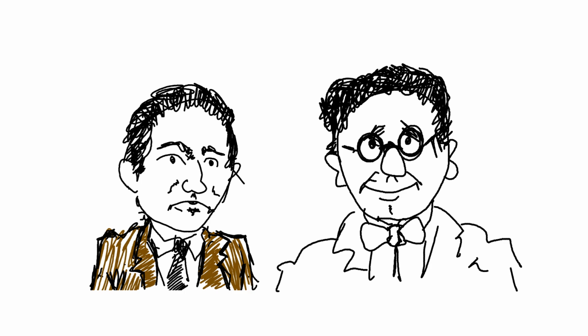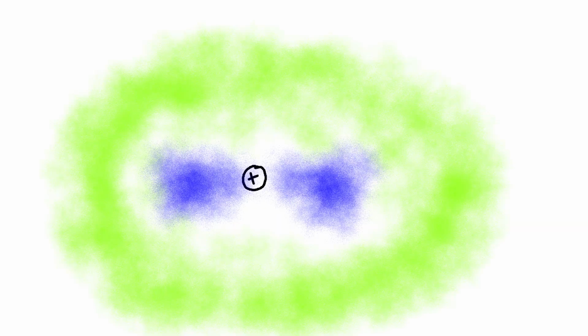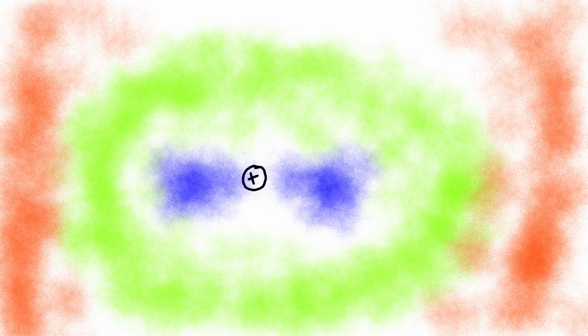Niels Bohr and Schrödinger continued to work on their idea of the atom. They came up with the idea that electrons are so tiny that you can't know their position and their speed. And they came up with the idea of not shells, but orbitals. These are clouds of probability where you can kind of guess where the electron lies, but can't guarantee it.